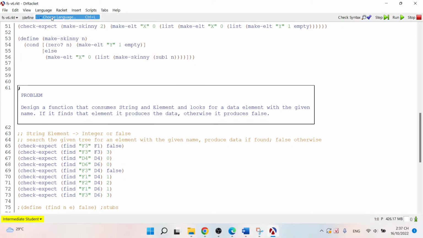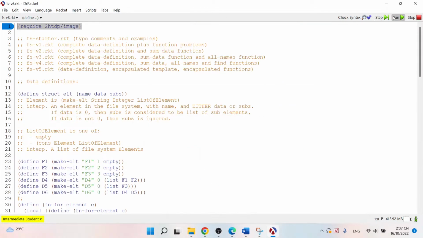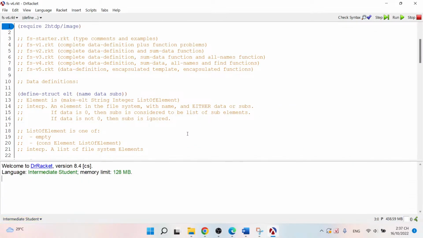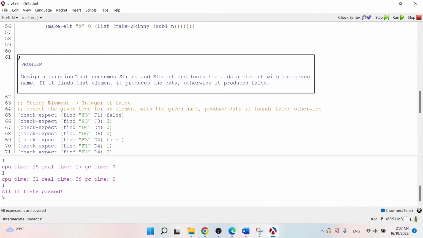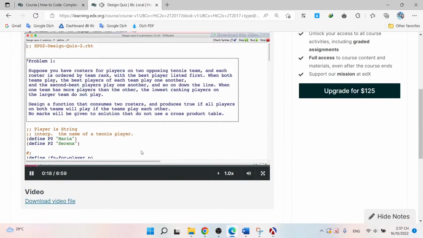This week's design quiz had 2 problems for you to complete. The first asks you to design a function that consumes 2 rosters of players and produces true if all players on both teams will get to play. The second problem assumes that 2 teams have the same number of players and asks you to design a function